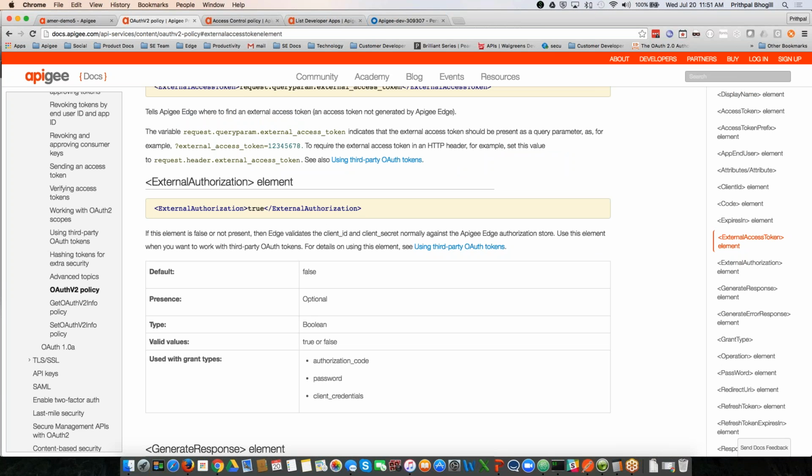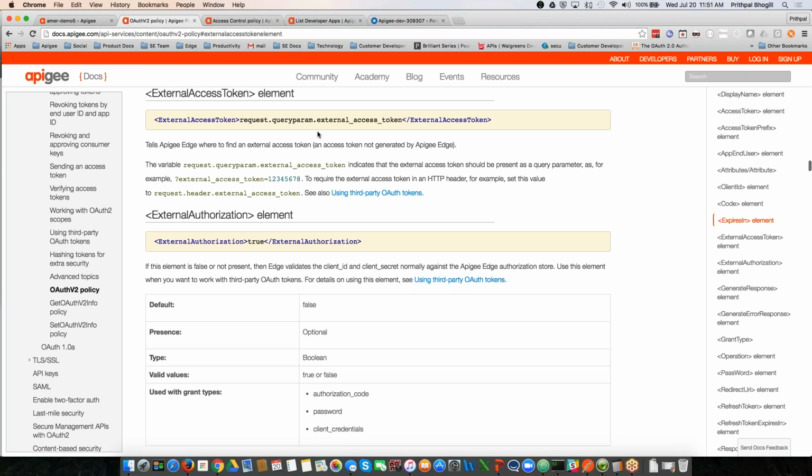In this case, if the external authorization and the external access token element is set to true, what we are normally saying is that we want the access token to be something which is generated by some other party. In this case, that happens to be Okta. And specifically, I'm using the session ID token of Okta, right? But it could be any value. So out here, you specify which value, which flow variable, that value is going to be coming in from,